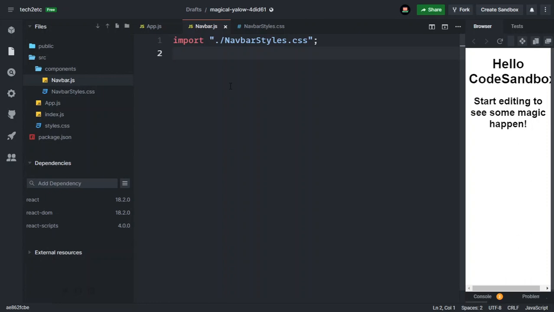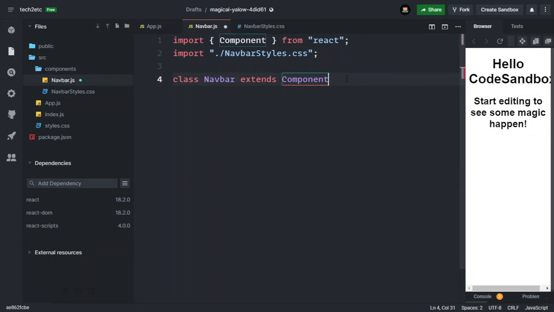Okay, now we have to start creating our Navbar. For creating our Navbar, we have to create a class component. So for creating a class component, we have to write class, and then we have to add the component name, and it will be Navbar. Then I will extend this component, for a reason I will tell you and show you later in this video. Okay, now we will extend our component,